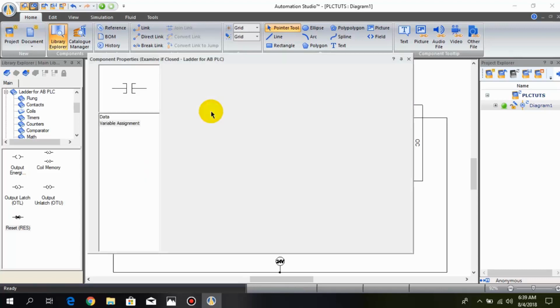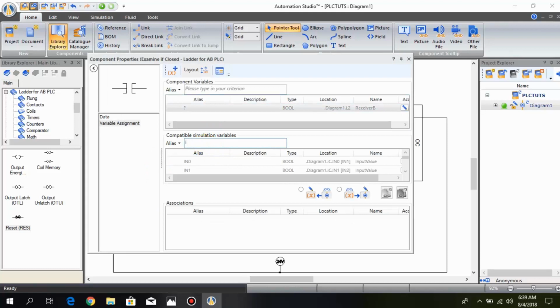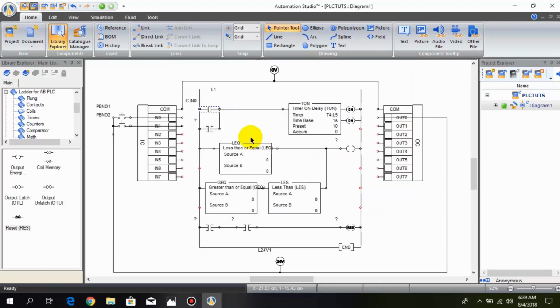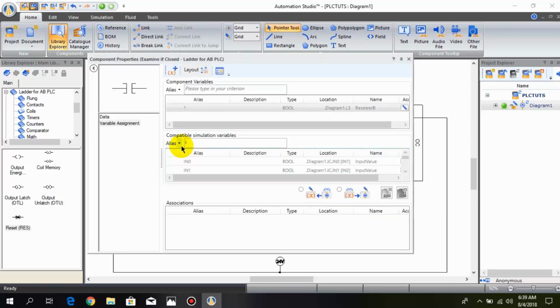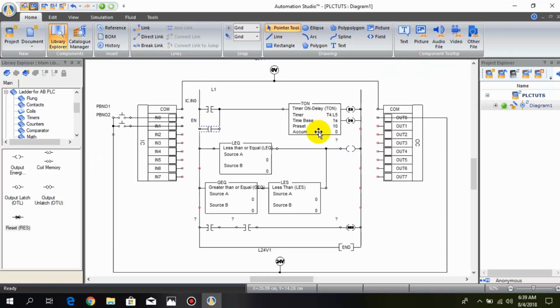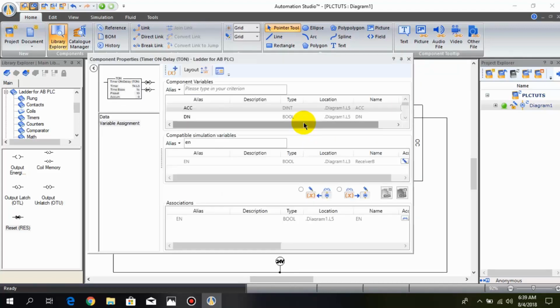The first one we associate with the input 0, and this contact with the EN bit of the timer in order to latch it, and we have to also configure this timer. The EN bit of this timer is connected with the output 0,